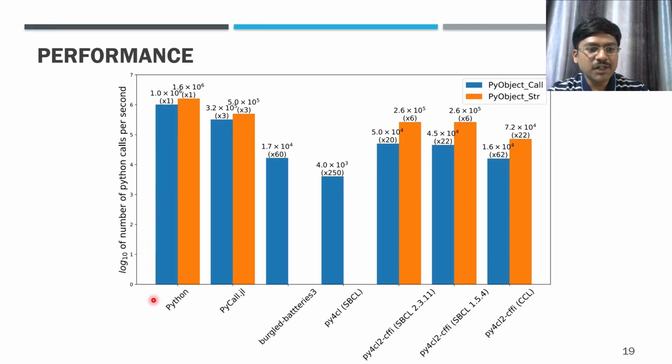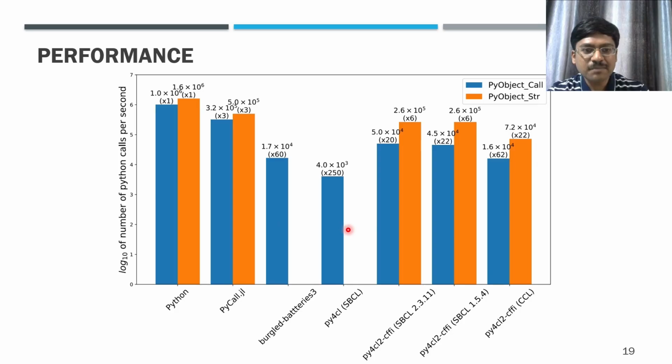In the particular environment that I ran code in, I tested the performance. Python runs at about 1,000,000 to 1,500,000 instructions per second. PyCall.jl, which is a Julia library to call Python and use Python libraries, runs at about just 3 times slower. But over in Lisp, the performance disparity is still significant.